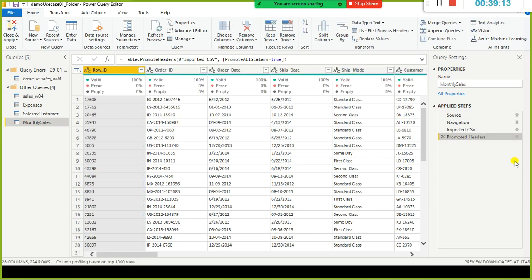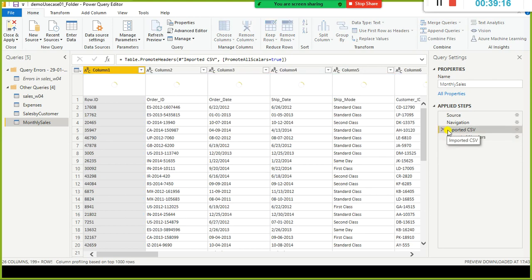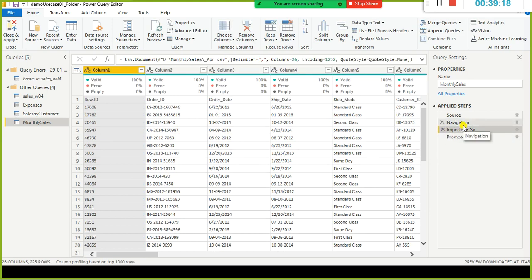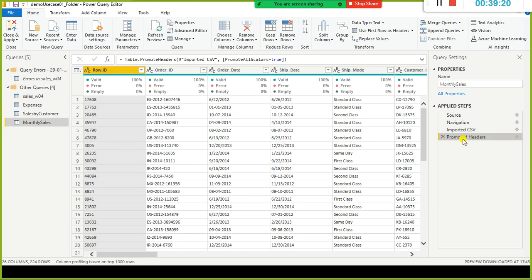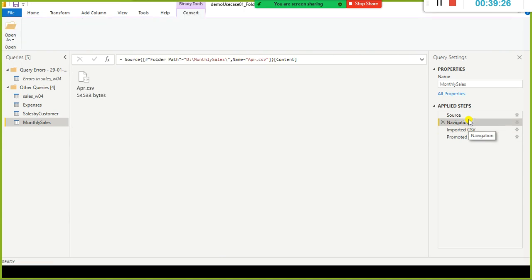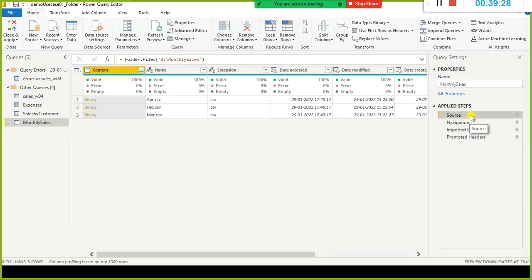Now let us go back here and see what happens when you click on this gear icon just next to the source.